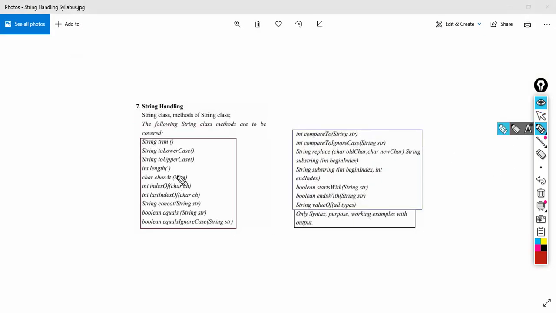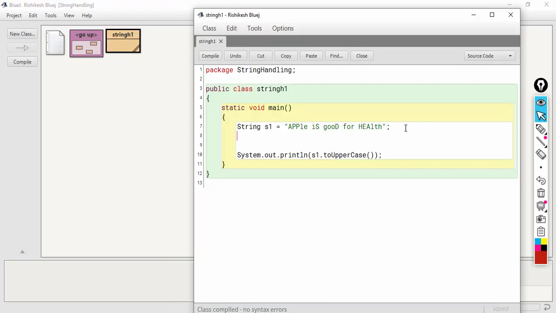Let's see the next function, the length function. From this prototype you can see that it returns an integer value and takes no parameters. So let's see the use of the length function. Let's say s1.length.